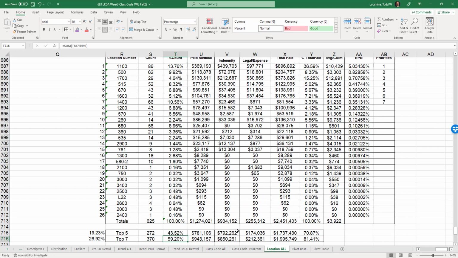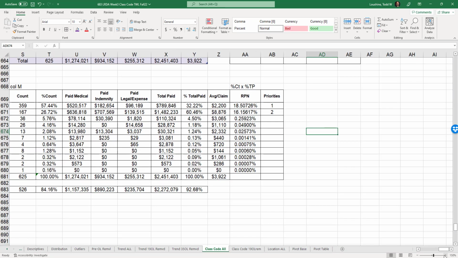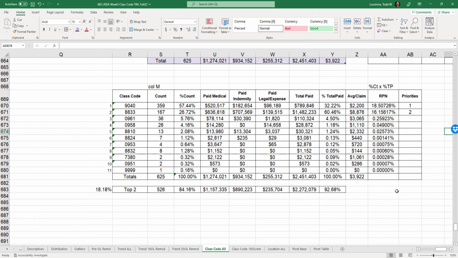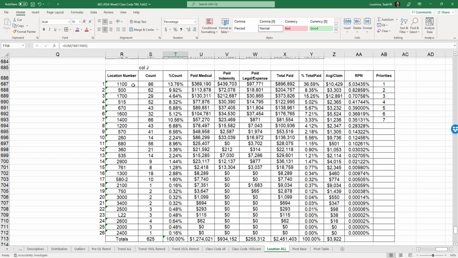So in the previous class, we had 2 things we were going to focus on. That's all we had, so there's other things going on in those. It's telling us to ignore these for now. When we went to location, there are 7 locations by location number that they want us to focus on.